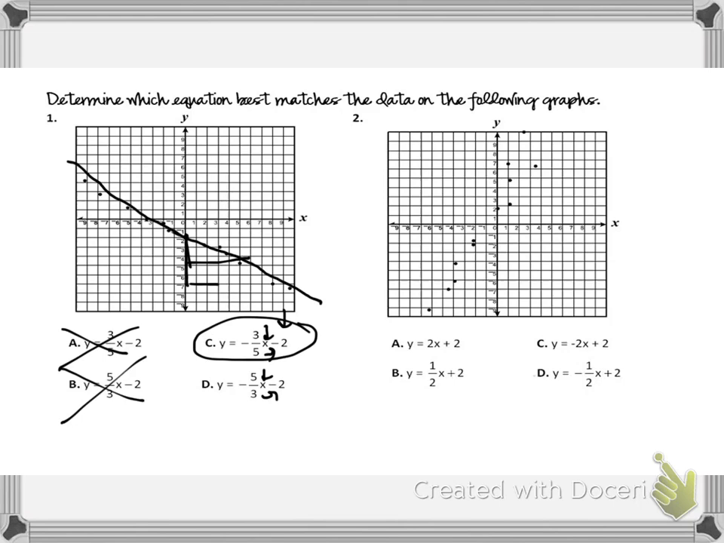All right, next. This one is going up and to the right, so we can get rid of C and D. Those are both going down. All right, again, they both have the same y-intercept, so that's not going to help us. So now we need to use slope. So 2 over 1 or 1 over 2. So is it going up 2 to the right 1,